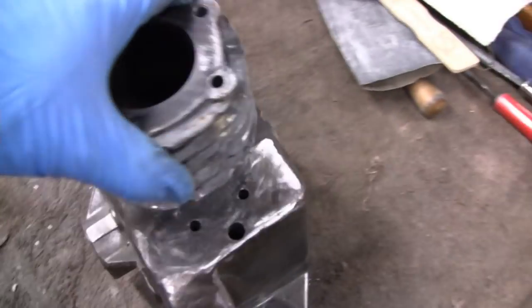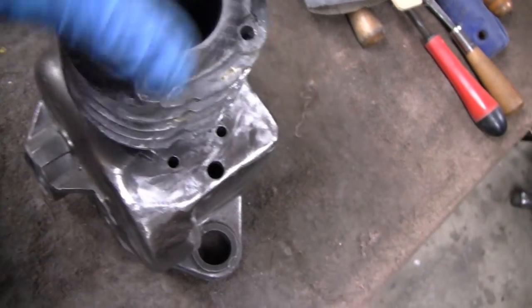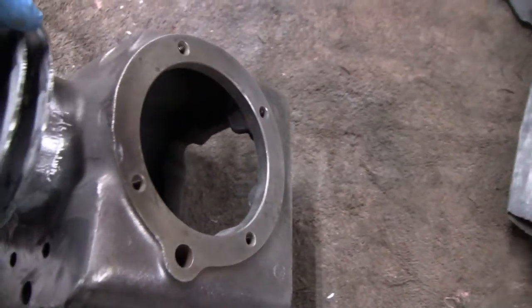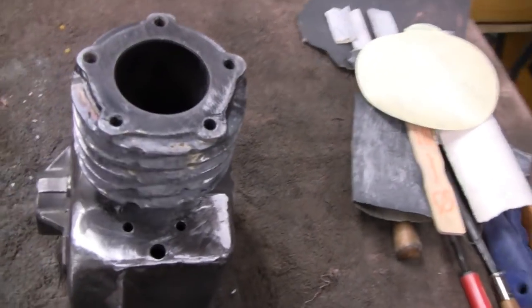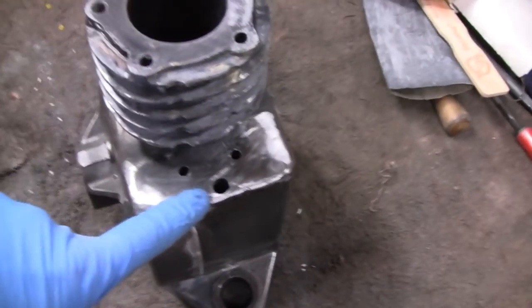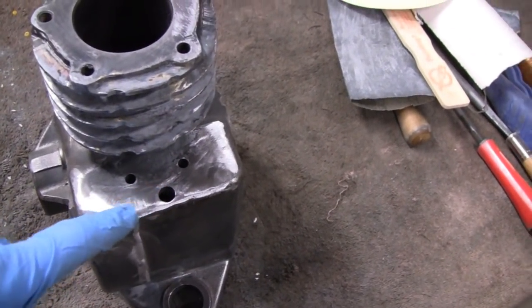Looks pretty good to me, and I even cut the little valve guide holes in there, or whatever you want to call them, push rod guides, but I'm happy with it. And yeah, I wanted to mention, there's a couple guys said that you need a check valve here, and I